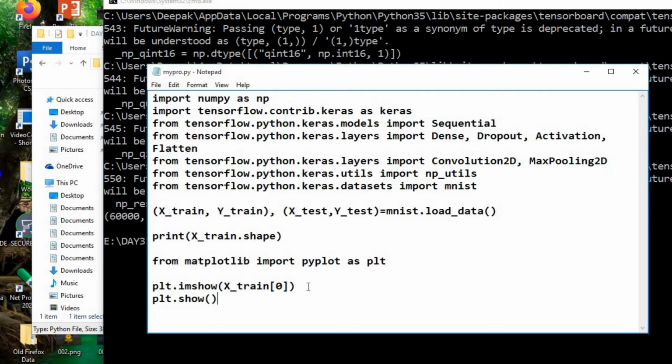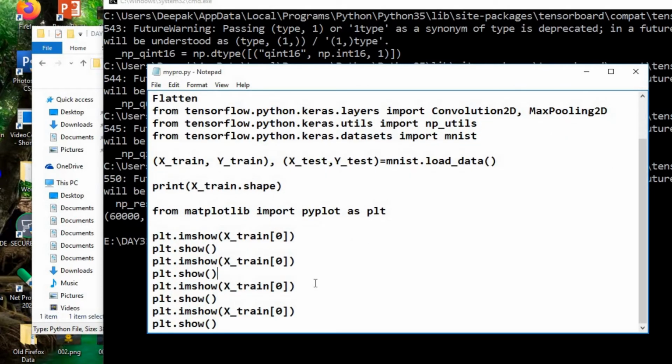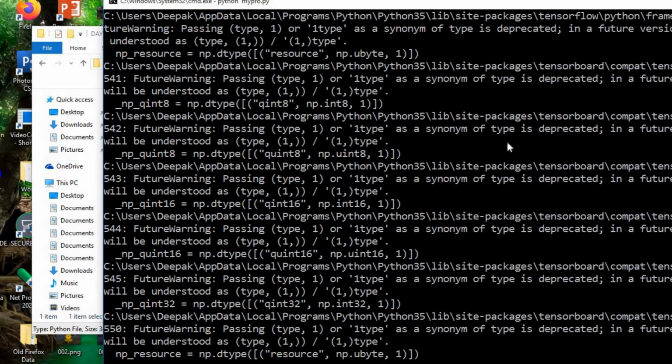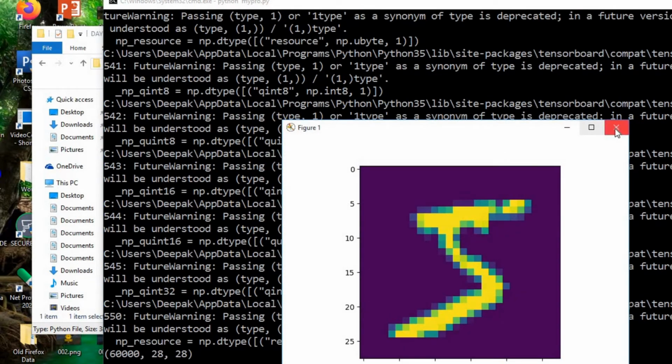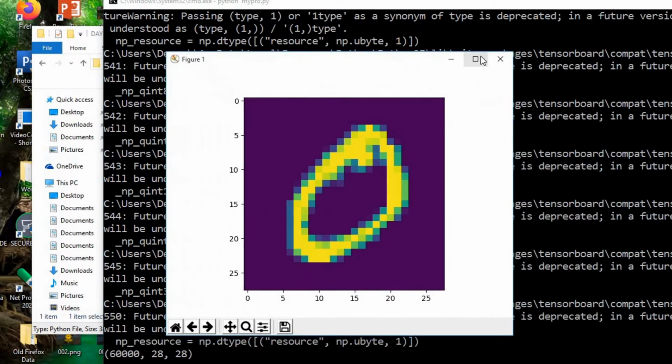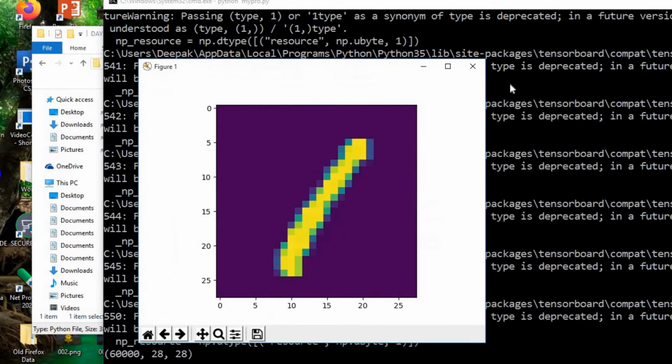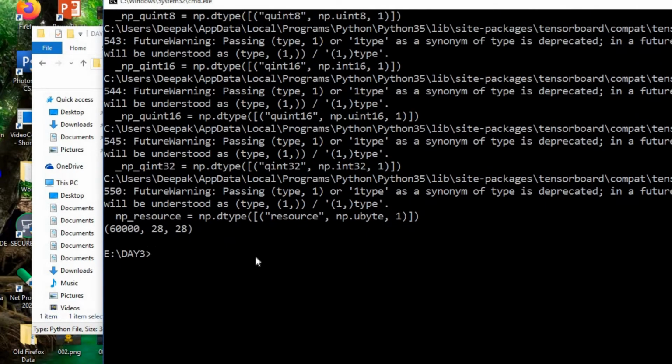Another image we can also check. This is the first image from the array, the 0th image. So copy and paste all the contents. Similarly, make 0, 1, 2 and 3, and check whether you get 4 images from the dataset. plt.show will hold every window. When you close it, the next window will launch. So these are the 4 images we have seen. This is how it works for the MNIST dataset.